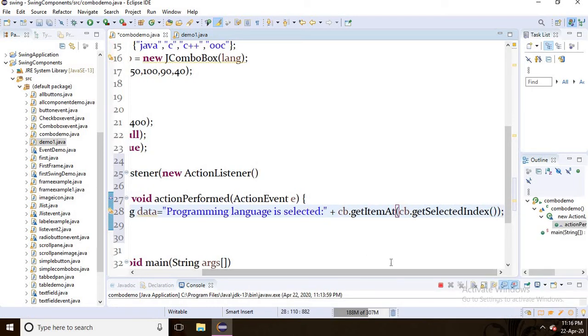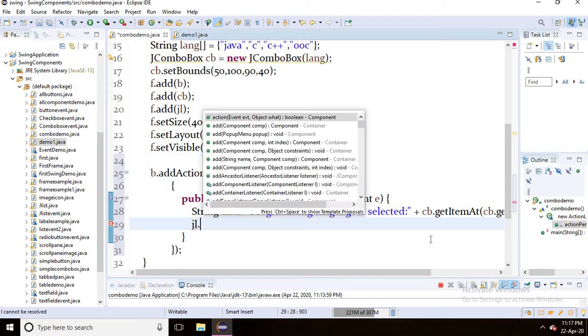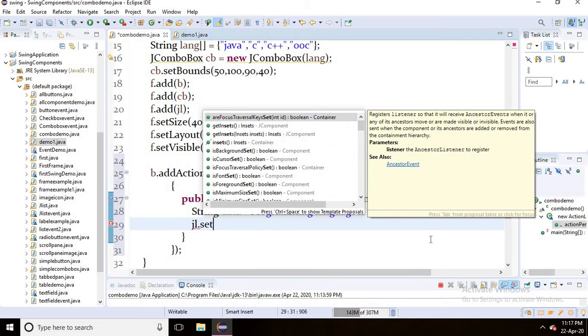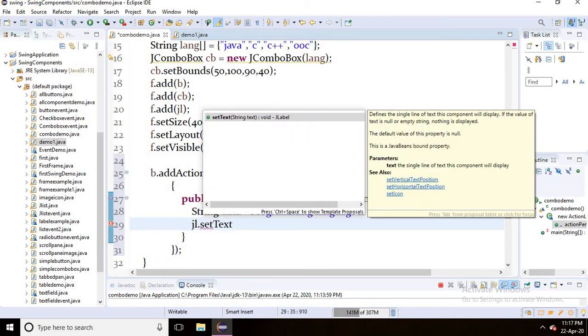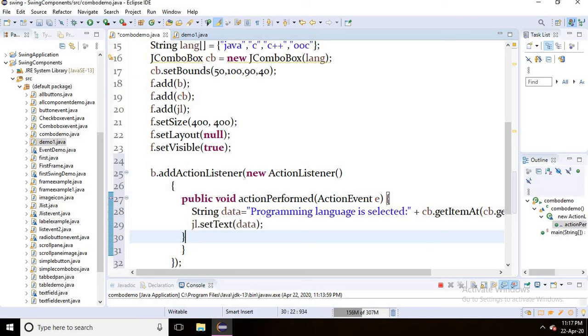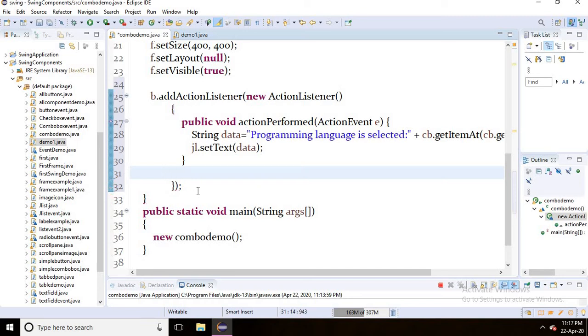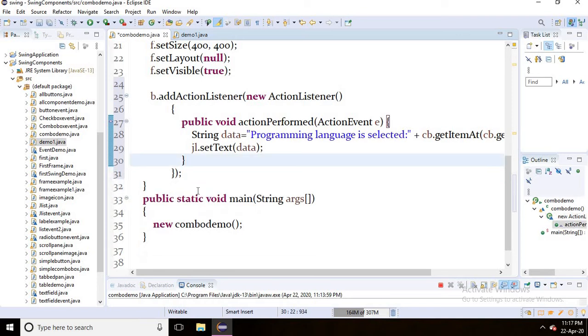I have written like this, and then I need to set this to be displayed along with the label. The label I have given the name as JLabel object name JL, and I will be setting the text to be displayed along with what I have referred to as data. So data is obtained, the closure of this, and this is the closure of this. With this we have accomplished